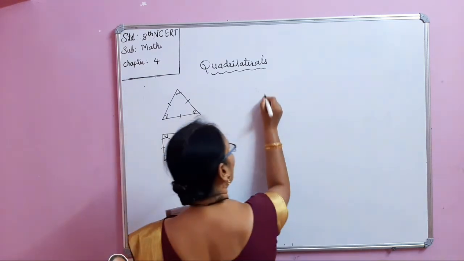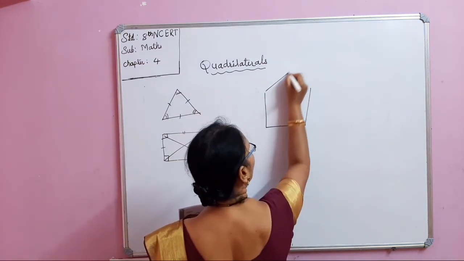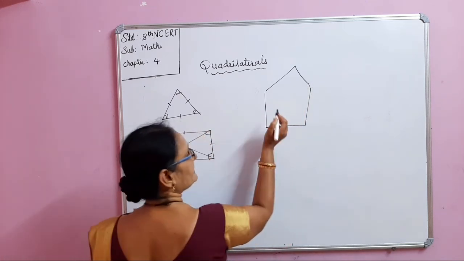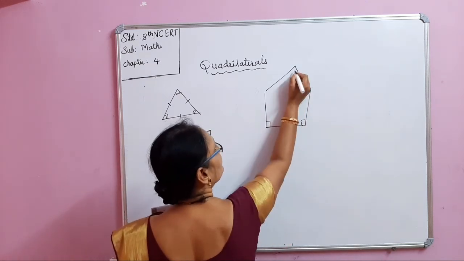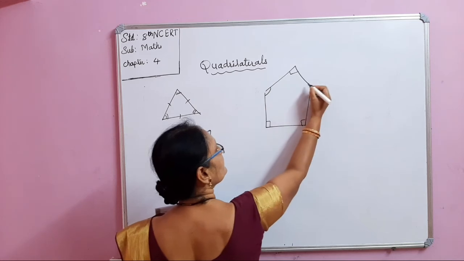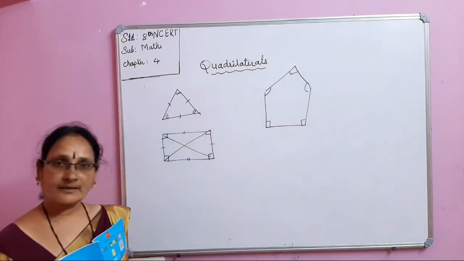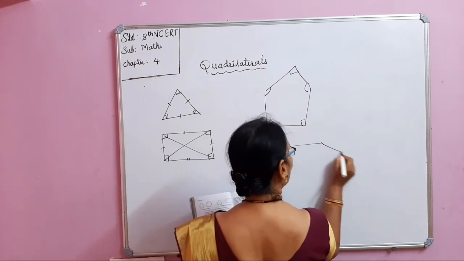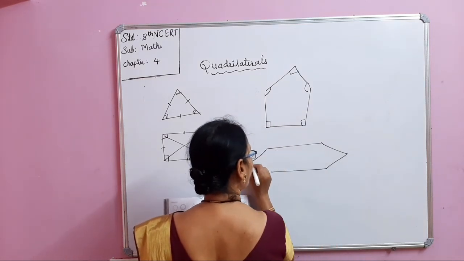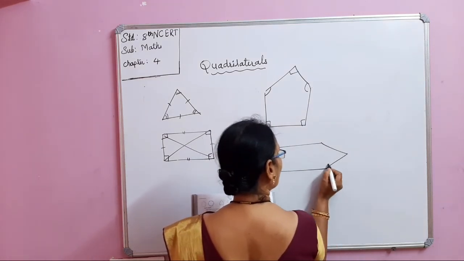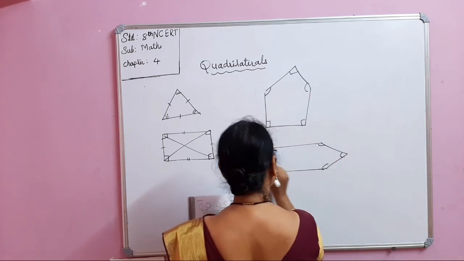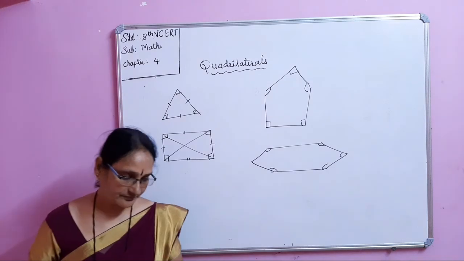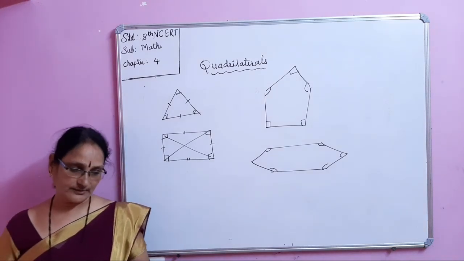And what are the irregular ones, or those that are not regular? See here, this is one figure. In this you don't get any properties like that. This angle is okay, but this angle is different, this is different, this is different. Such regularity will not be there. Suppose this is also one figure. This angle is different, this is different, all are different. So such kinds of polygons are irregular polygons.